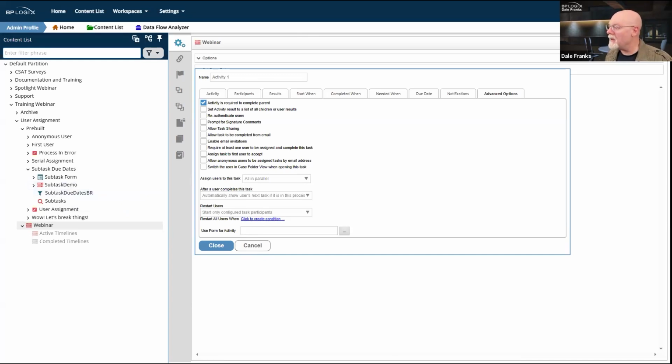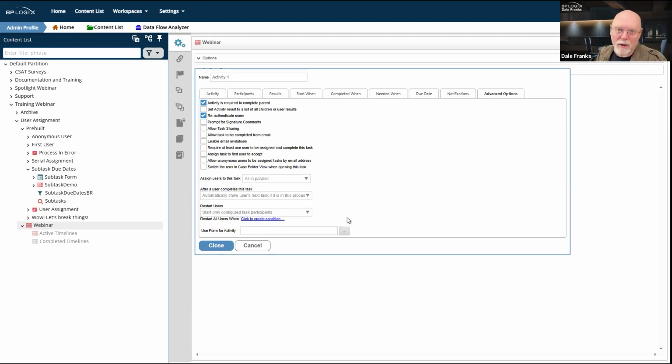And with that, there is one other setting. We don't use it often, but it's this right here. Reauthenticate users. Now, this will be the last thing we cover. Sometimes, for security reasons, whether they're logged in or not, what you want to do is force a user to log in to reauthenticate. So let's say somebody has their computer open. You don't want somebody to come to their desk and surreptitiously get to that task. You're going to want to reauthenticate them before they can complete that task. So it will force them to re-log into the system.